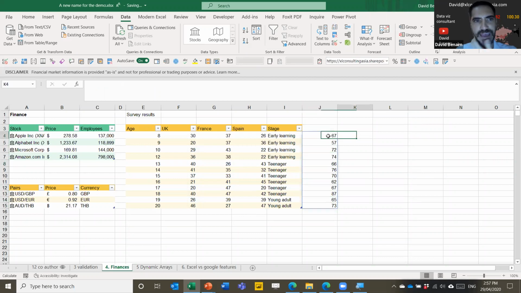This got launched by Excel, and they were very accomplished about it, and it is a tremendous effort because they've rebuilt their formula engine from the ground up. However, Google has had this for a while, and Google does it in a slightly different way. So I'm going to talk to you a little bit about the differences between them.